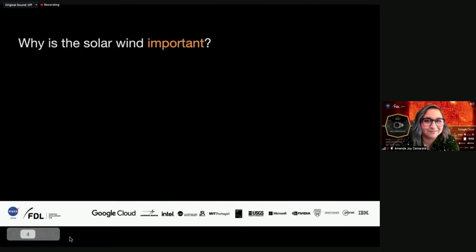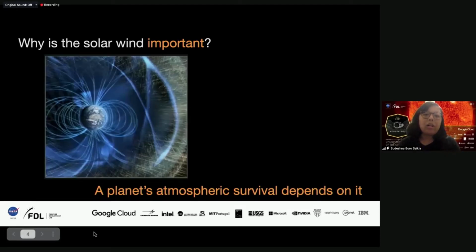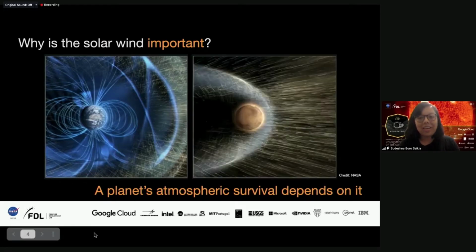Thanks, Amanda. So, the solar wind is one of the key drivers of planetary atmospheric loss. What we see on the left here in the illustration is the bombardment of solar wind particles on Earth. But because we have a global magnetic field, a majority of these particles get deflected. But if you're Mars, you're not that lucky. Because Mars doesn't have a global magnetic field, the solar wind can strip away a large chunk of the planet's